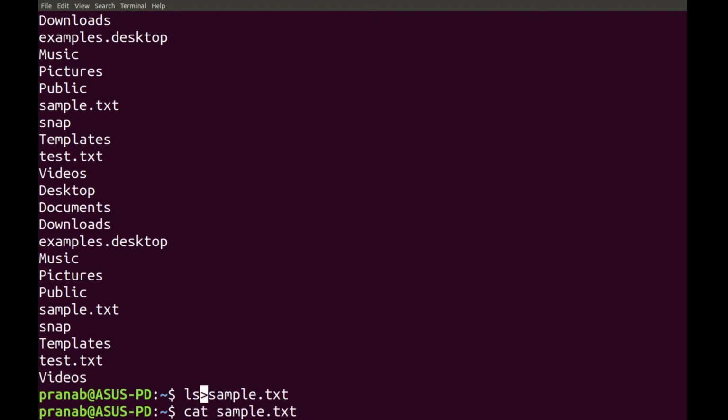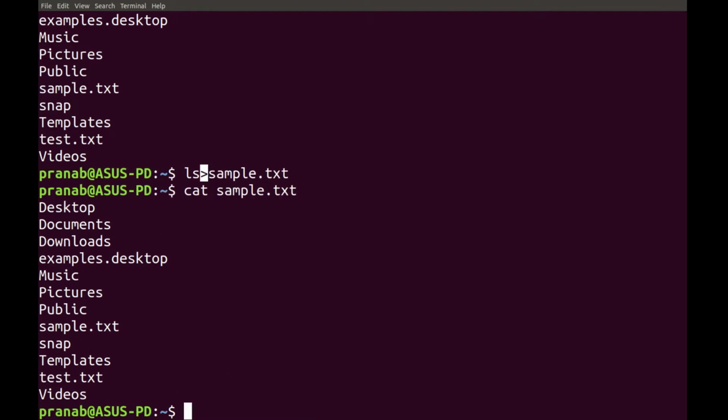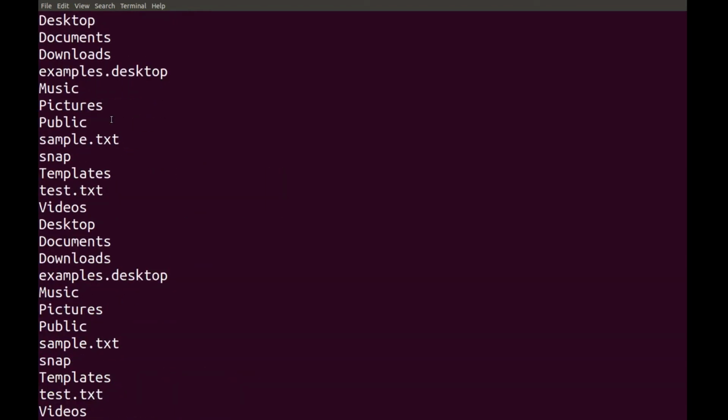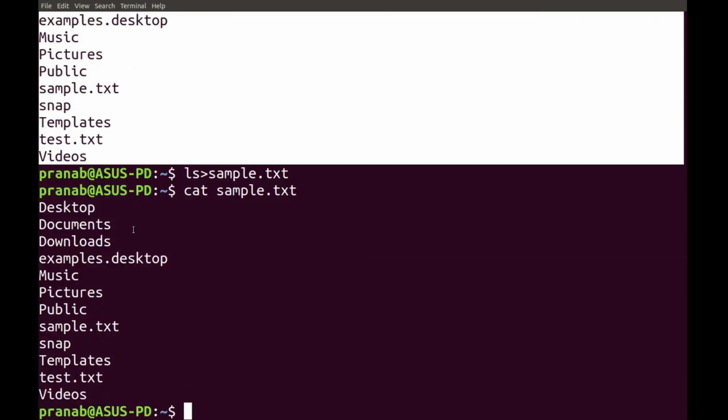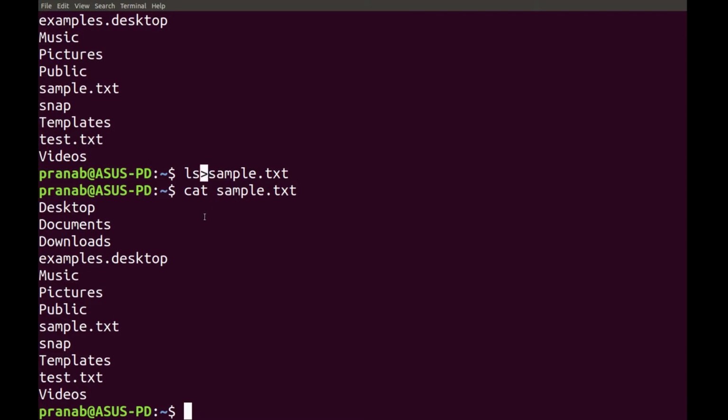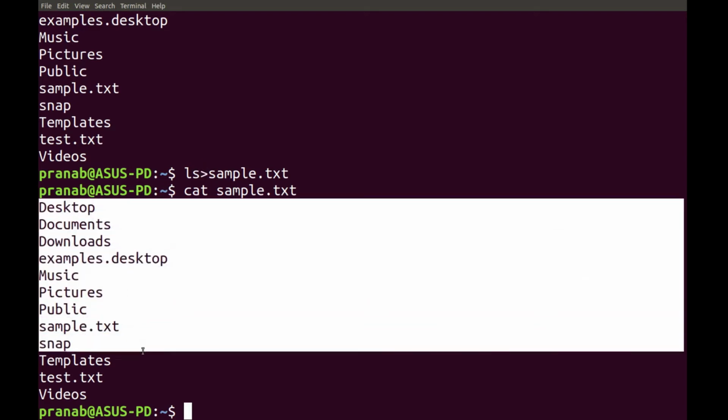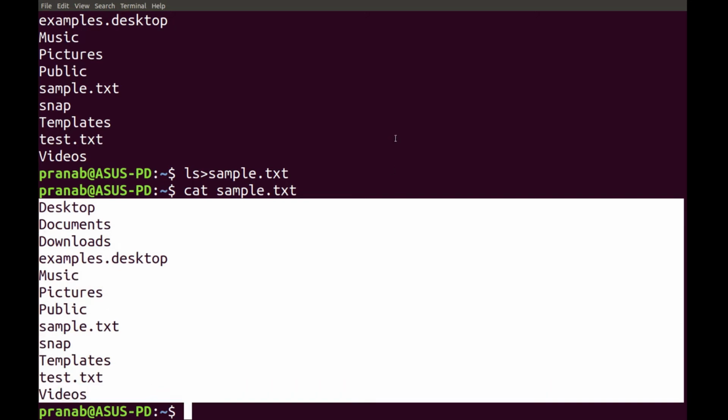If you see the result, earlier sample.txt contained this content. Now when I run it again with this operator, the content of the file gets deleted and a new file is created, and the result of ls is stored in sample.txt. So this is how it works.